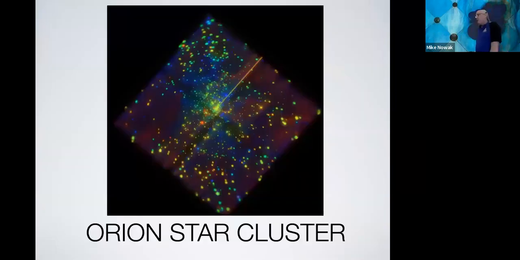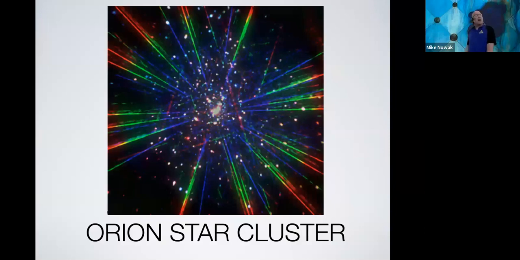So this is the Orion star cluster done with the mirrors and done with just our CCDs, but put the gratings in and zoom in on the center, and we get that instead. Now, this is done over many different observations. The reason it looks like a swirly pattern is that this was taken over many months, and the spacecraft is rotating on the sky, so the position of the gratings is changing over time, and you're seeing that there.